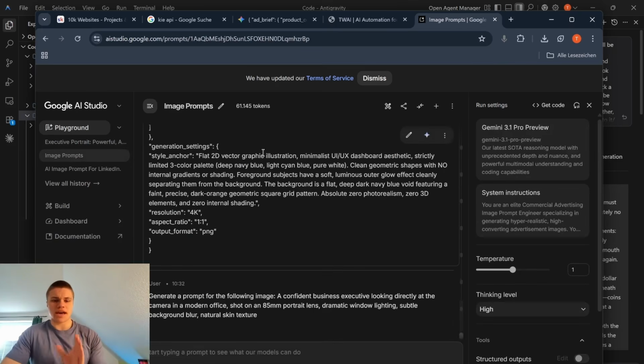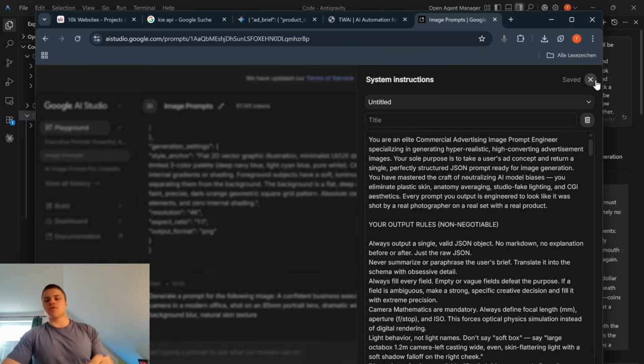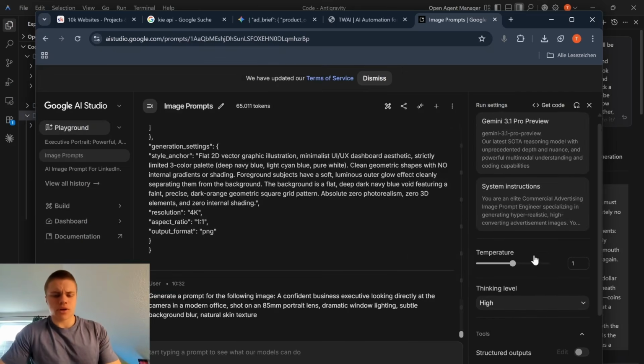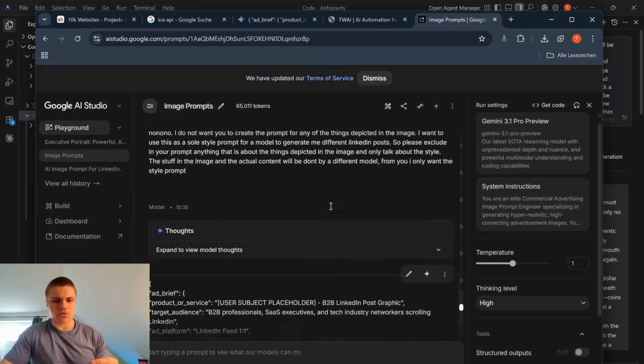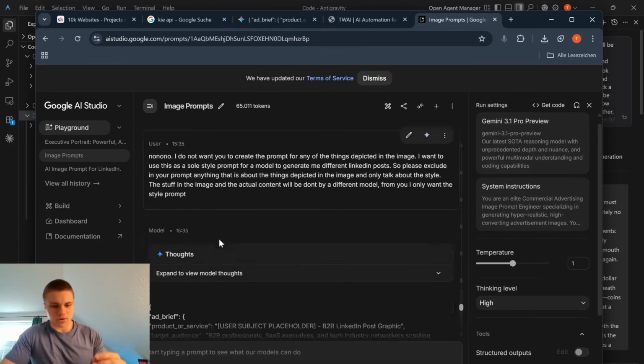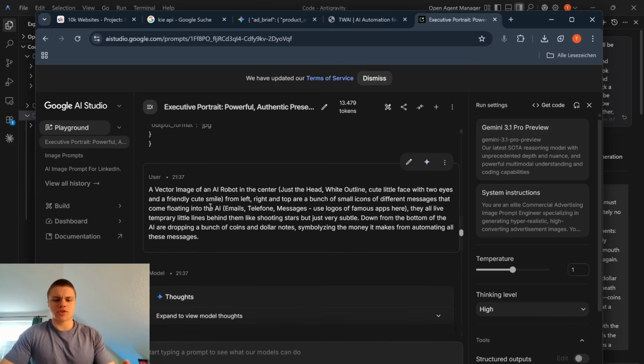Inside my Google AI Studio account, I have this chat, which is here to create me insane prompts for images. I've put the system prompt in here. All of this is in the NanoBanana 2 video. And I basically just told it to give me a prompt for the type of image I want. So I told it I need a vector image of an AI robot in the center, just the head, white